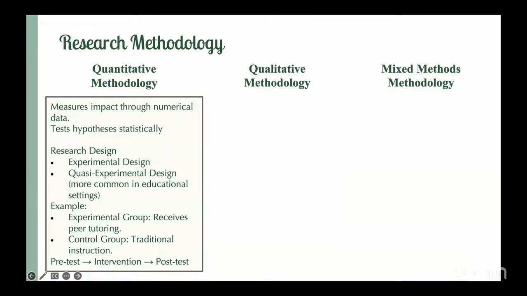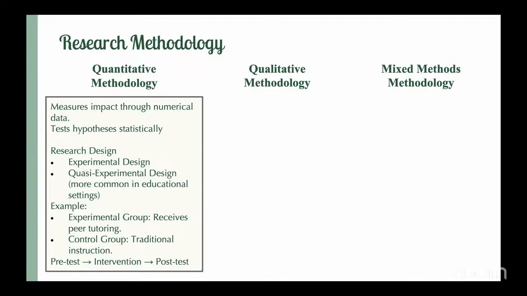So now if we take that as an example, and if you look at quantitative and take a quasi-experimental design, the example will be, there is an experiment. We actually want to find out whether peer tutoring is helping academic performance as well as student engagement. For that, we divide the group. Say second year students, we take two different classes. We divide the group in such a way that one group receives peer tutoring. The model of peer tutoring is there in one group. And in the other group, there is no peer tutoring. It's a normal, regular way of teaching.